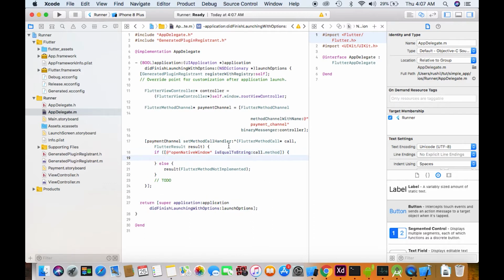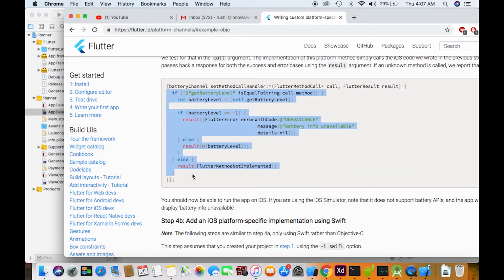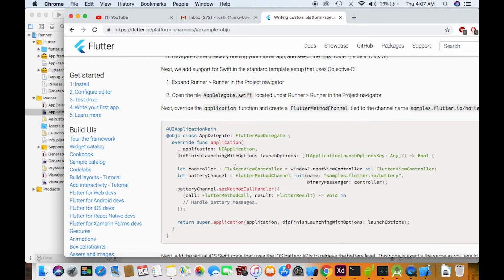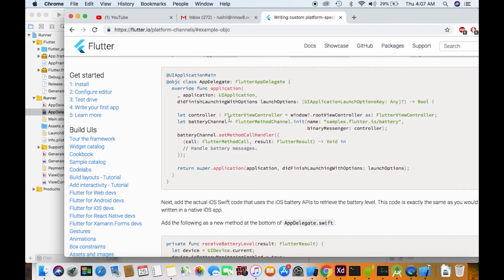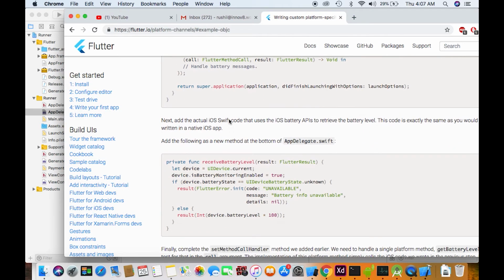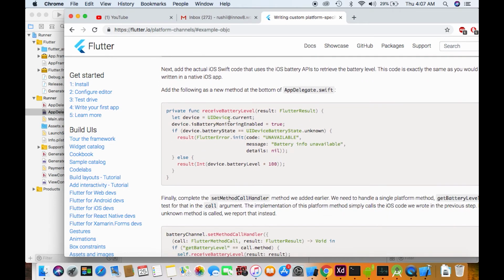Then here we'll write a function call. This call will invoke the storyboard that we created earlier. For that, I'm going to use some sample code that I've already saved.